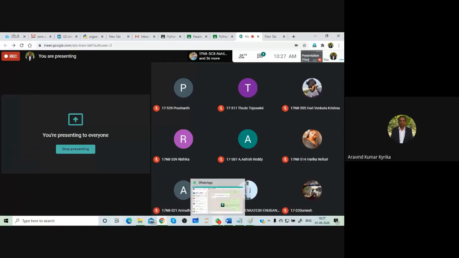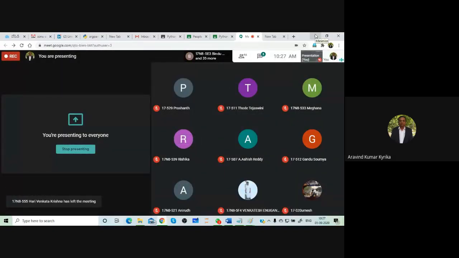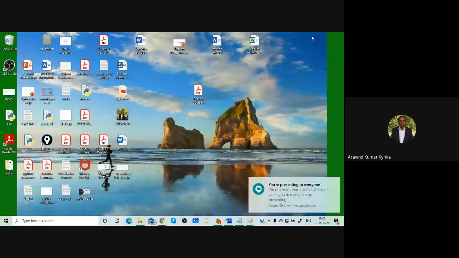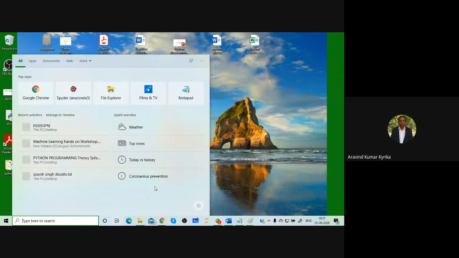Okay, so let us take up some topic. Today let us go through some topics related to the command line and commands, and how to take that. There are so many mediums by which you can compile a Python program. One among them is IDLE. So if you take that IDLE,